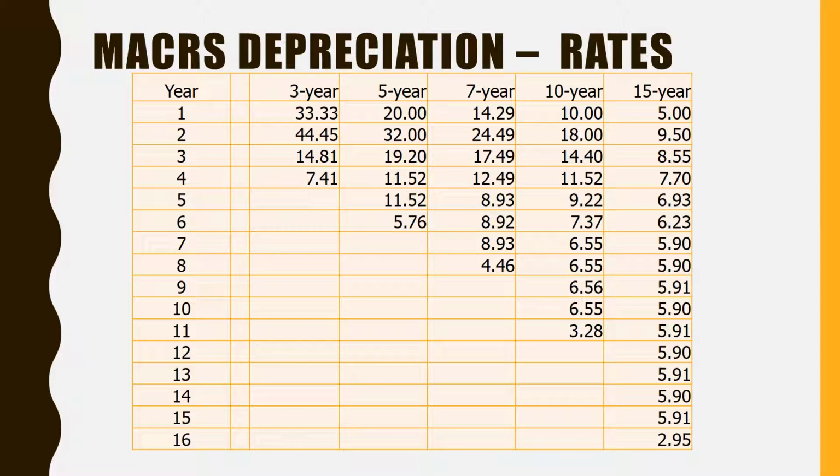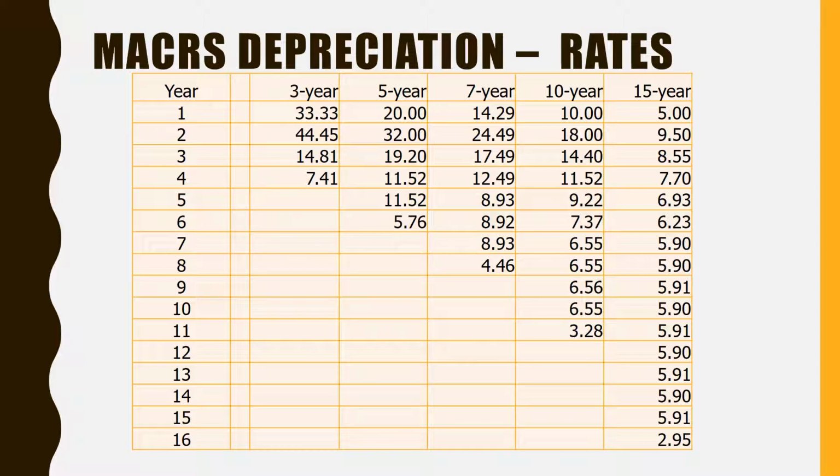So as we said, it doesn't make any difference if you get an asset in January or December. That first year of depreciation, you take 6 months, which means for 3-year property, in that 4th year, you're going to take the last 6 months. So all of the property goes 1 year longer than the number of years because you get a half year at the beginning and a half year at the end. It's not that the IRS made a mistake. Again, you use these particular rates.